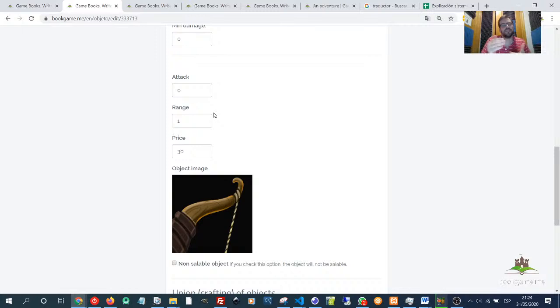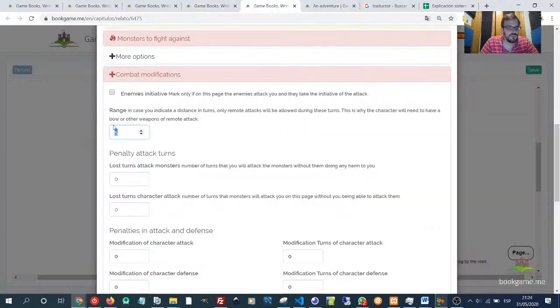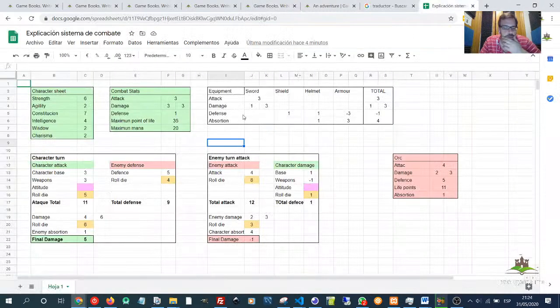turn of range attack. Okay, if your character has this bow and you define 5 here of range attacks, the character is going to be able to attack only 1 turn away with these range attacks. Okay, only 1, because the bow doesn't allow you to attack from so far. Okay, it makes sense. Okay, how the range attacks work. Okay, the range attacks